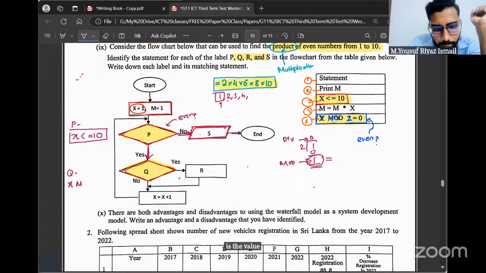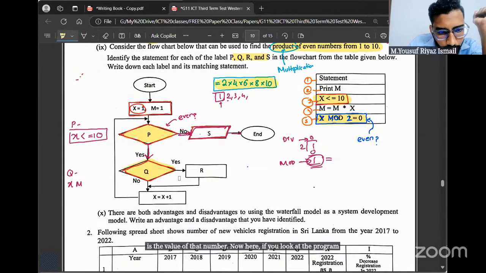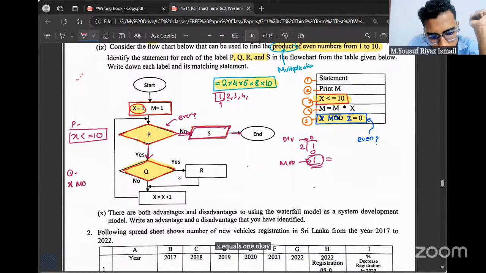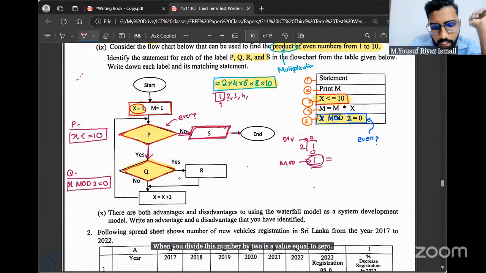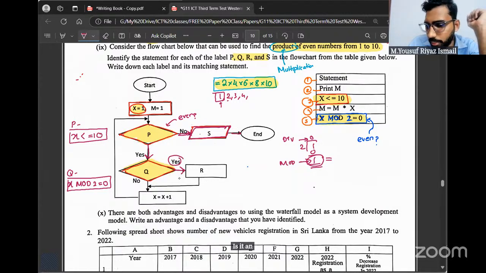Now here if you look at the program, initially the value of number is 1. X equals 1. Okay. I'm going to check here is the value of x mod 2 equal to 0. That means when you divide this number by 2 is the value equal to 0. Now tell me, if I divide a number by 2 and the remainder is equal to 0, is it an even number or is it an odd number?